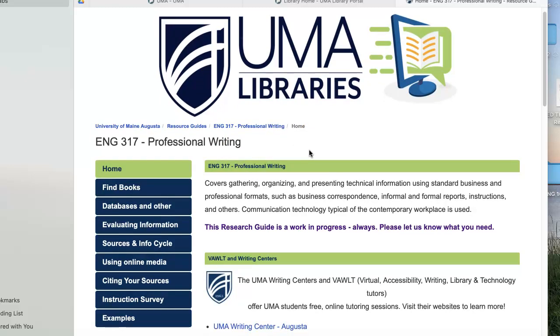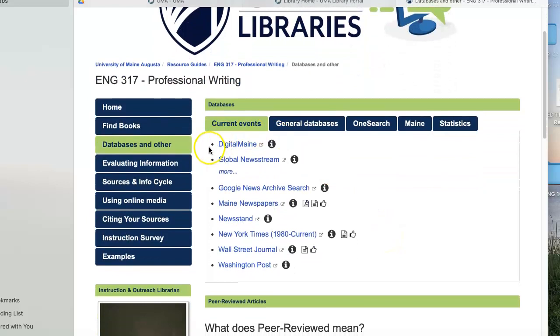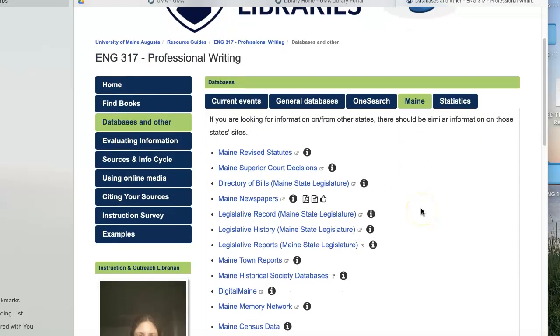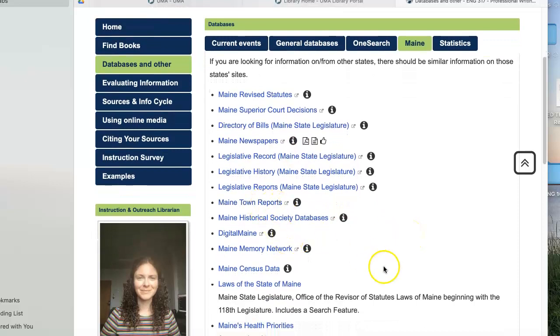Now, for a lot of you, your projects are not going to require any outside research. I'm very aware of that. But for some of you, you may be interested in using some of the resources available to you. So what I want to show you first is this section, Databases and Other. There are some things here that could be useful to you because they talk about current events, and then there's also a section, if you click over here to Maine, that could be useful to you if you need some Maine data, if you're highlighting something in a town, or there's a historical society. There's all kinds of cool stuff here,